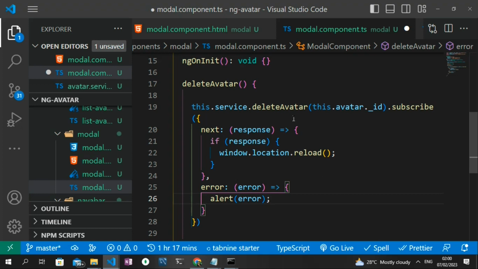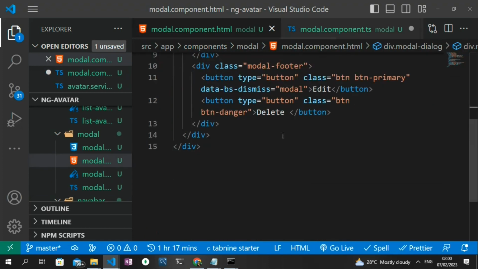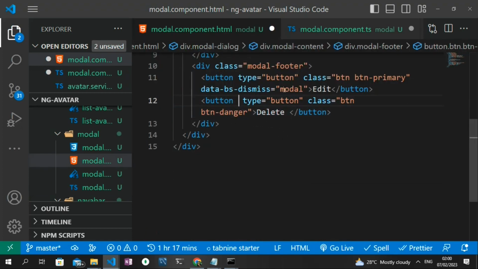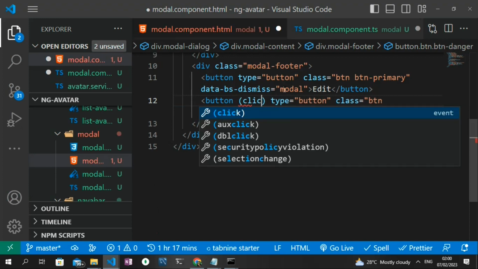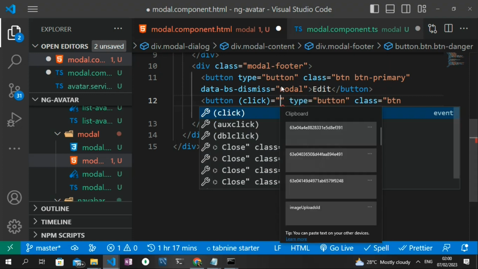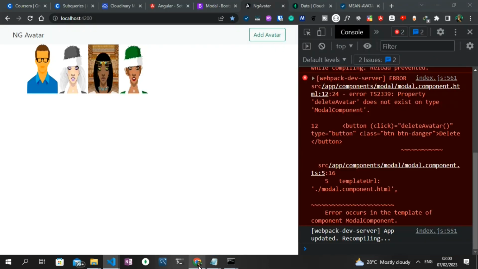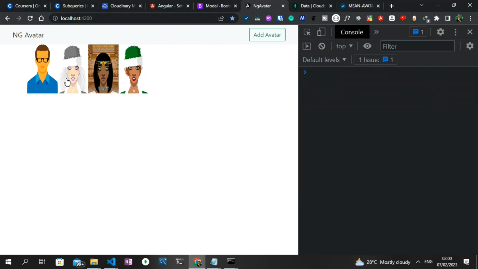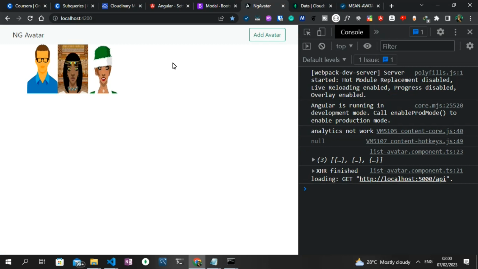component. So to do that, I'm just going to copy this deleteAvatar and then add to the modal component, and in the delete button is going to be a click event handler. So I'm going to pass in the click event handler, and then I'll just say deleteAvatar, and I can save everything we've done so far. And with that, we can try to delete one of the avatars, and let's see if it works. So let's select this particular avatar, and then we click on delete. As you can see, the avatar gets deleted, and I believe it's going to be deleted on the backend